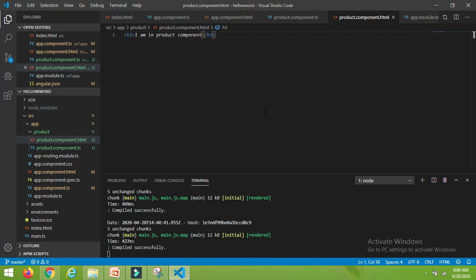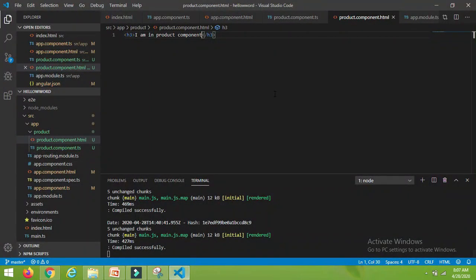Now let's check whether we are getting any error or not. If you run this, we are getting this: hi, hello, welcome, we are in app component, meaning we have created it successfully, there is no error. But how does Angular know this, right?